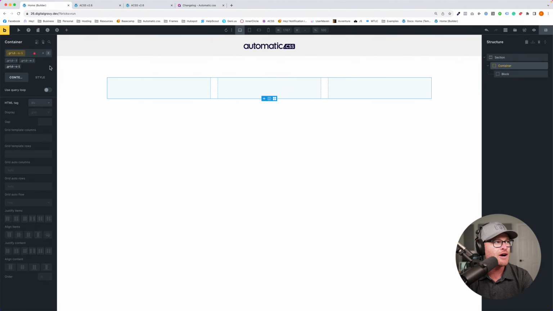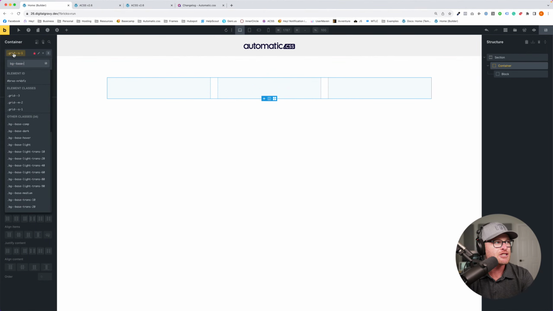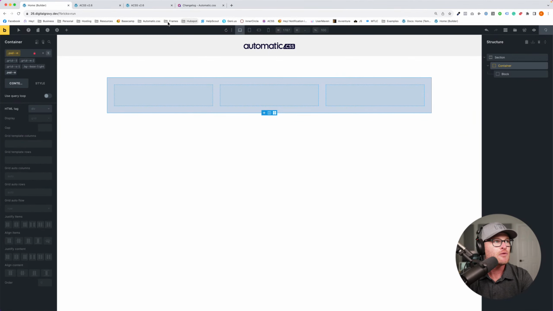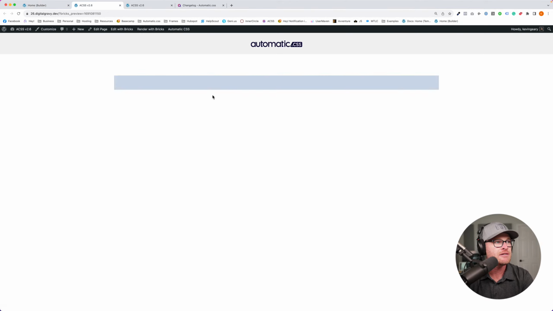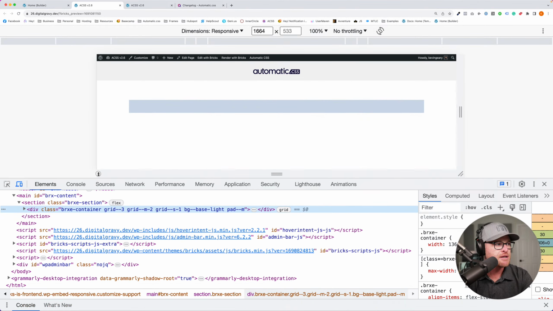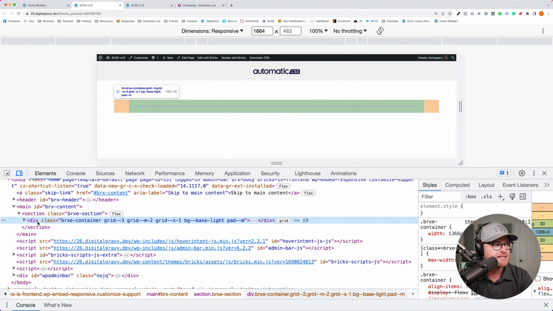And let's just throw, I know this is going to be ugly, but let's just throw a color on here. Let's just do base light. And while we're there, we'll just do a little padding because why not? All right, let's go here. Now I can actually see that. Inspect. Bring this up here. All right, so this div right here is my container. Just look at this badge. It's notating that there's a grid, and you can actually get grid inspection controls if you click that. It's really cool. But just keep an eye on that badge because something else is about to happen.